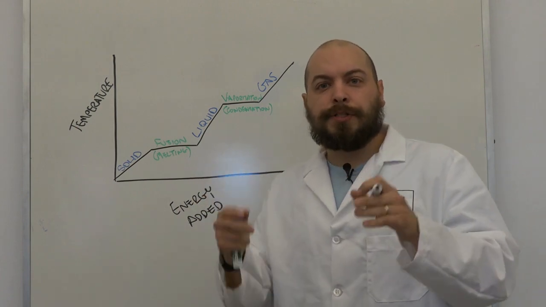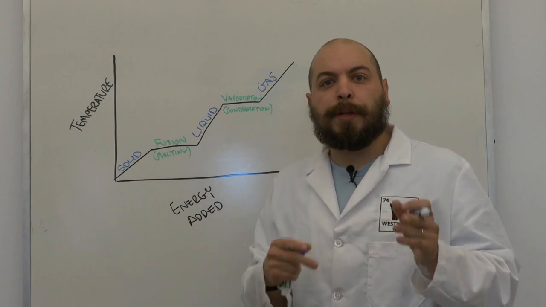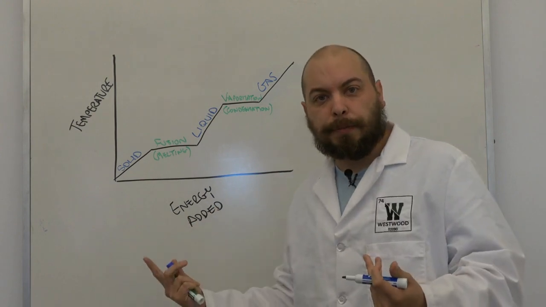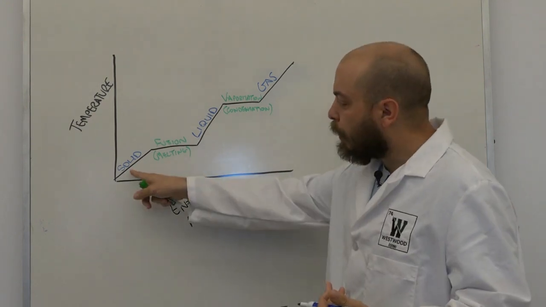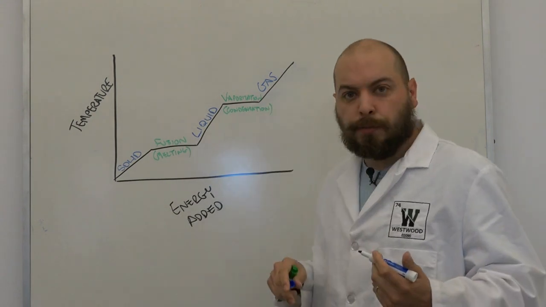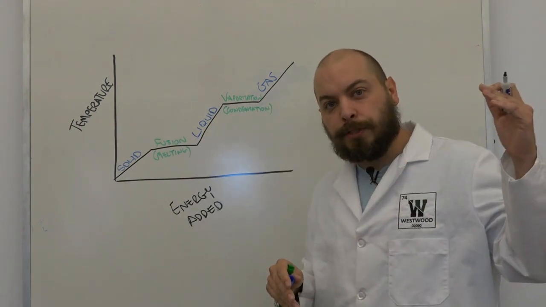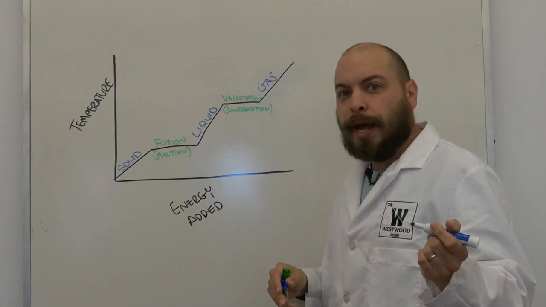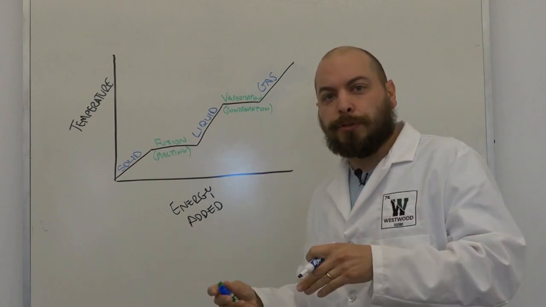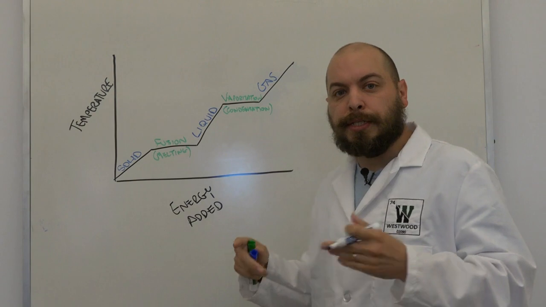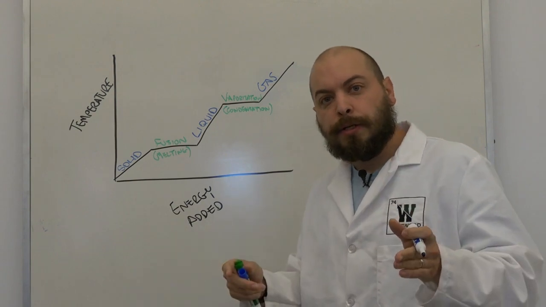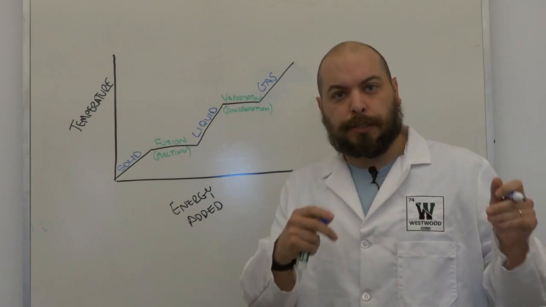So the relative change in temperature is determined by the specific heat of that substance. When we look at these three regions, all of which have slopes, the change in temperature as energy is added is dictated by the equation Q equals mc delta T,